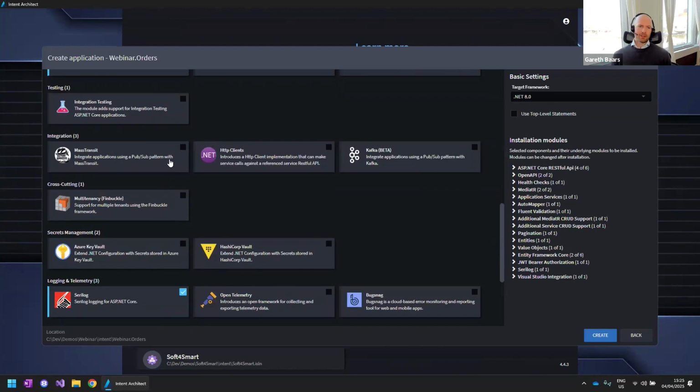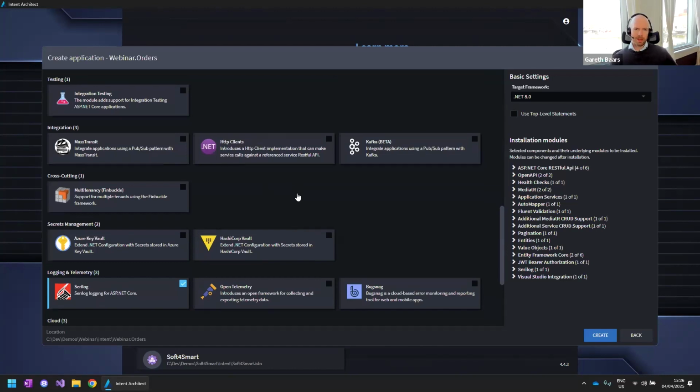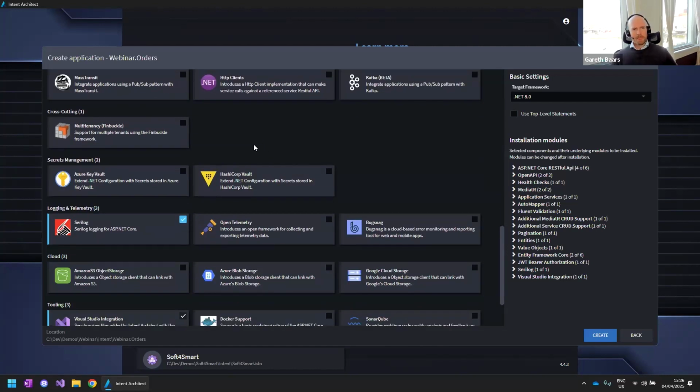Then if you're building microservices or you need some kind of integration, of course, you're going to need some kind of pub/sub. MassTransit, very popular for that. It comes with all the bells and whistles, the exponential backoffs, the outbox and inbox patterns, the idempotency checks, all of that kind of stuff. HTTP clients for service-to-service invocation. Of course, if you want to use gRPC, that's also perfectly fine. Kafka, the other options, Azure Service Bus, those are all there. These are just very popular options that teams will pick and choose from. And so these are the ones that are listed over here.